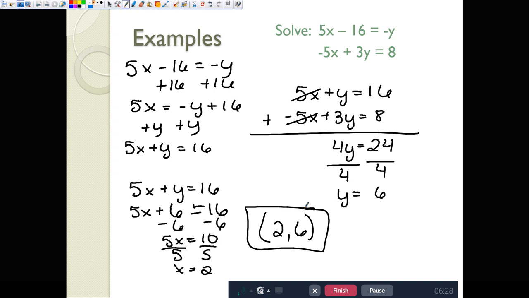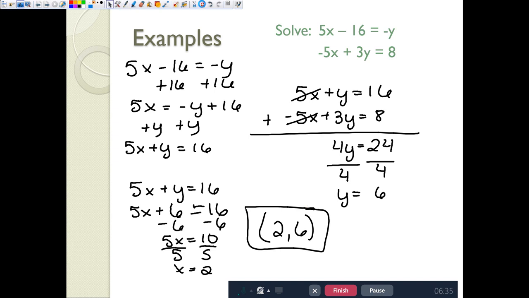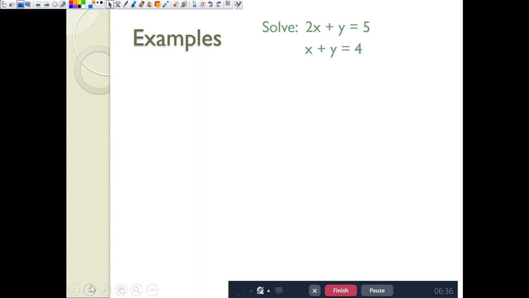Okay, so let's look at the next one. I have 2x plus y equals 5 and x plus y equals 4. Are these both in standard form? Yes. Is 2x and x opposites? No. Is y and y an opposite? No. So I need to choose one of my variables to multiply by a number that will make it an